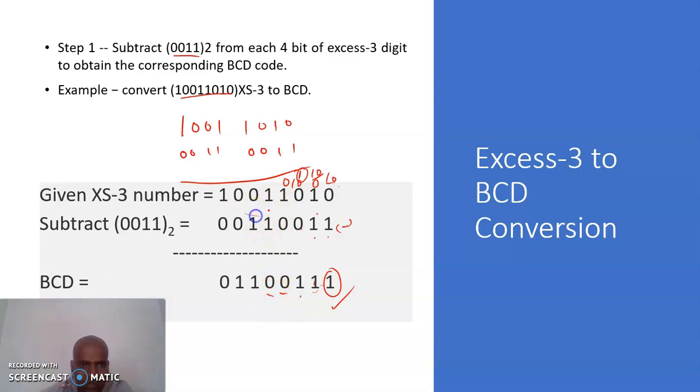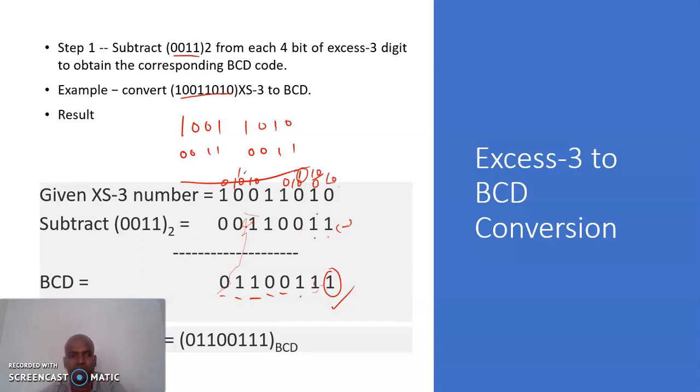1 1 0. So 0 minus 1, can't subtract. So this comes here as 1 0, and now this comes as 1 0, and this is 1. So 1 0 minus 1, this is 1, and 1 minus 0, this is 1, and this is changed to 0. This is the normal subtraction procedure. Okay, right. I hope you guys understand. From BCD to XS3, add 3 to each and every digit, and for XS3 to BCD just subtract.